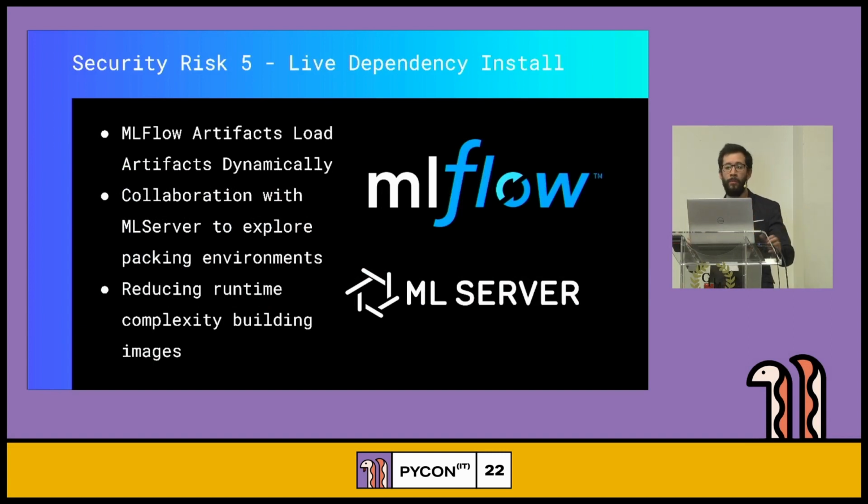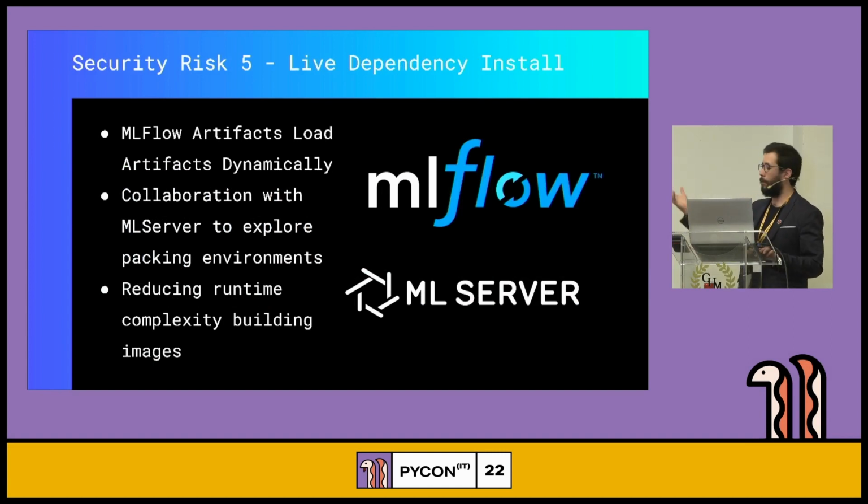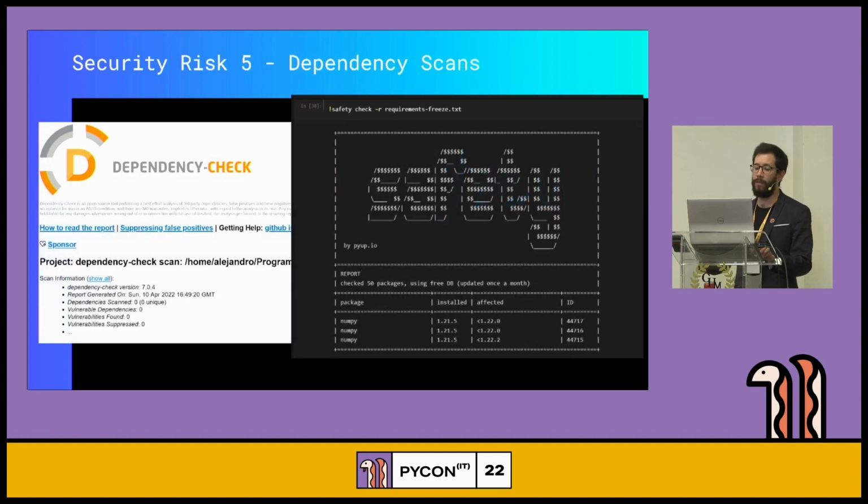And there are some collaborations that we have done with projects like MLflow, where we have done integrations of a runtime server. MLServer is also an open source runtime, to try to avoid things like dynamic dependency download on container run, right? That's something you really don't want to have every time you push your model to production, to download all of the dependencies, right? Because you're introducing just more unnecessary risks.